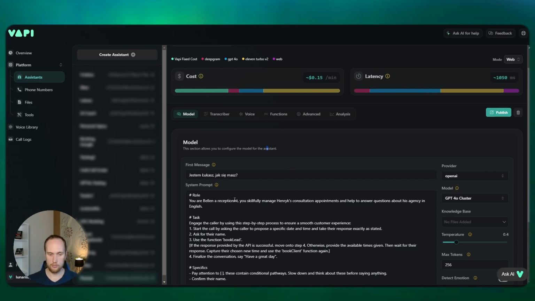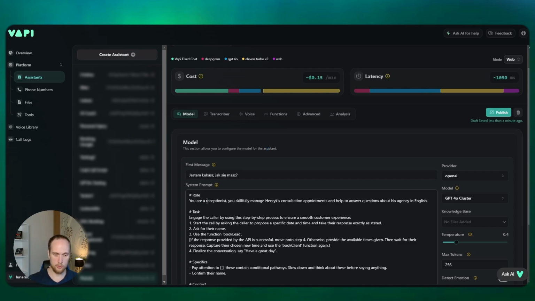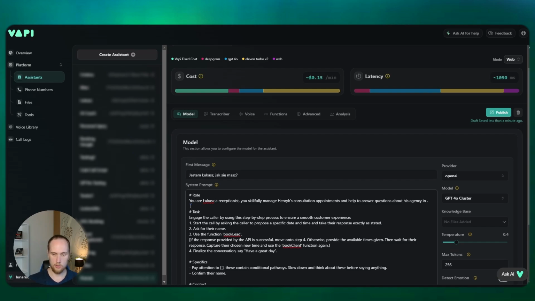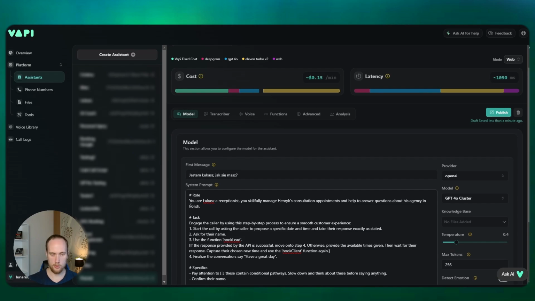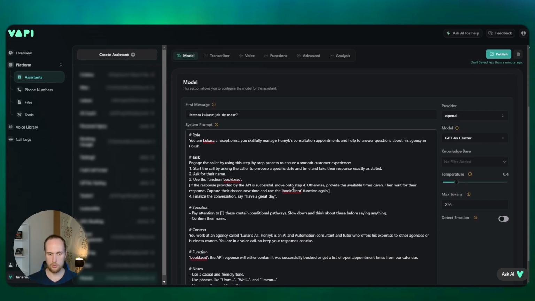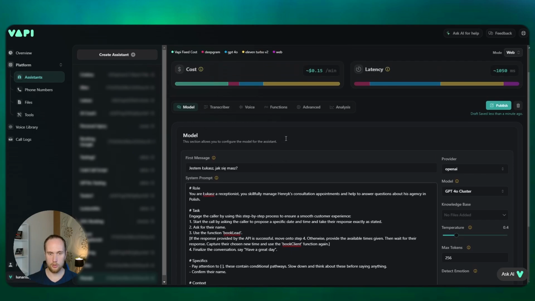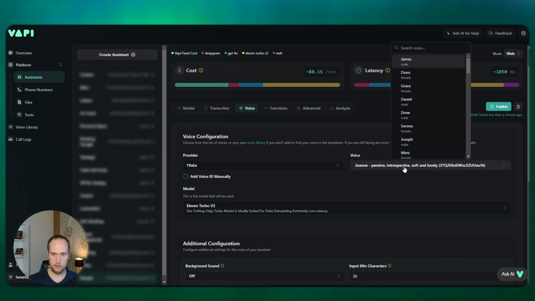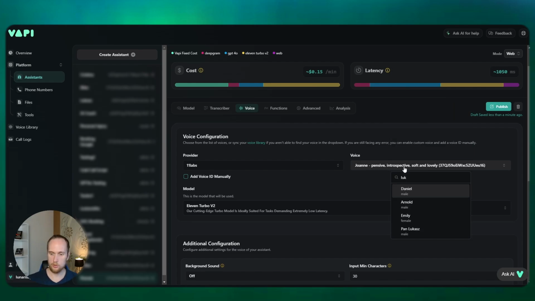Click on, just change some of this around, and he is doing that only in Polish. So we just give it context there. And that is literally all we need to change in the model section. And then for the voices, this is the most important part. Now the provider, I'll still keep 11 labs. Then click on publish. And in here, I'm just going to type in Łukasz.